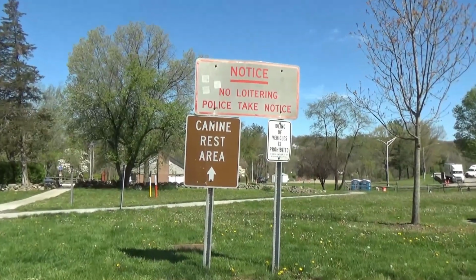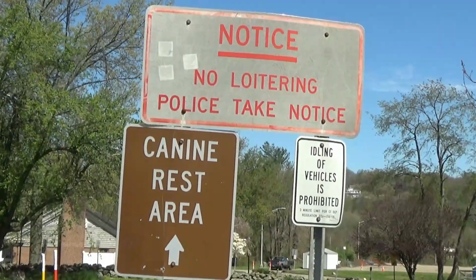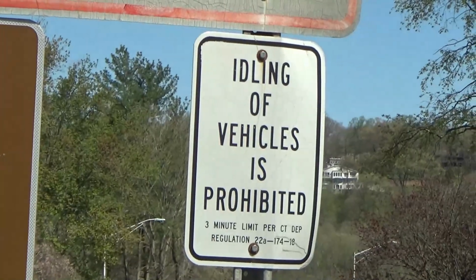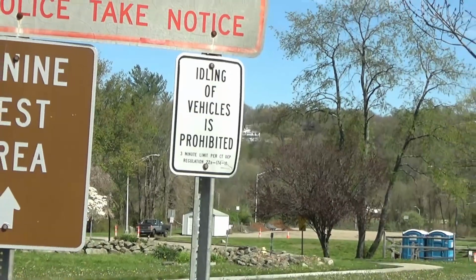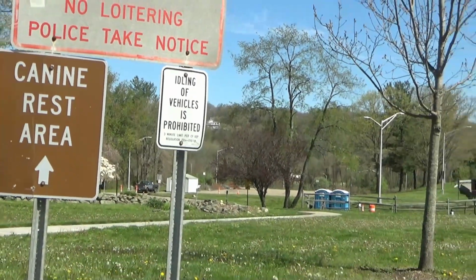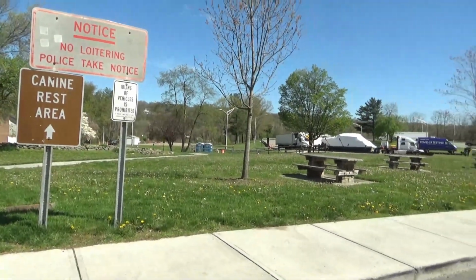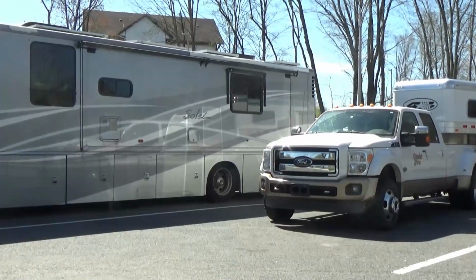I think this is funny. A rest area where you're not allowed to loiter. Well, I've been loitering for about 15 hours now. And this is good too, meaning the big trucks are not allowed to idle their diesel engines, although I bet they do it anyway. This guy next to me has got a horse trailer, and I was kind of surprised